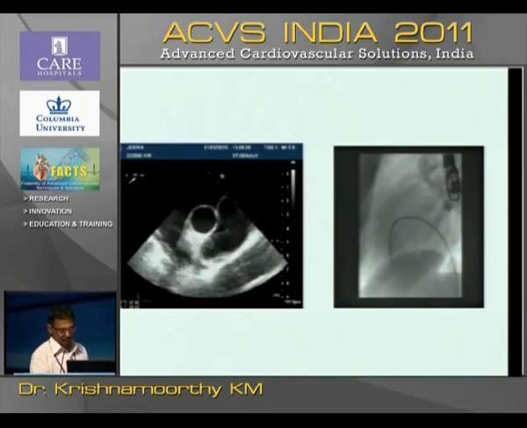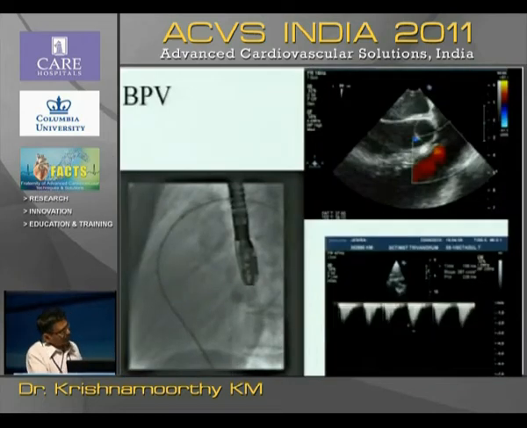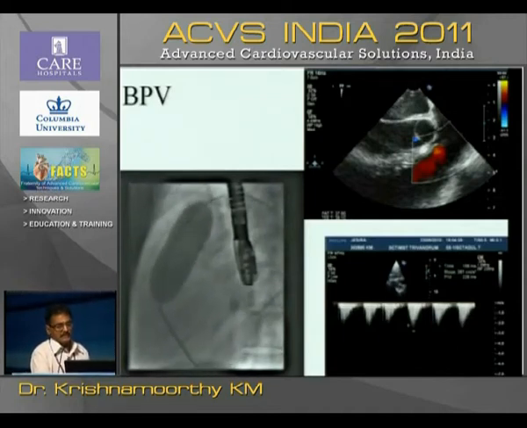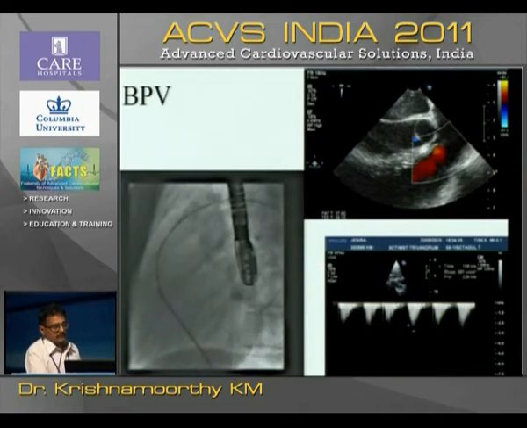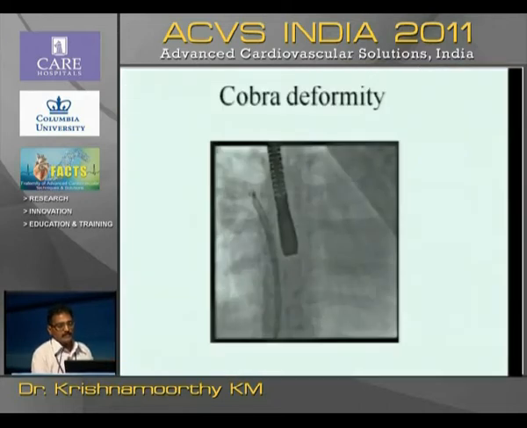The RV angio showed a similar picture, and we went ahead with a balloon pulmonary valvuloplasty. Annulus measured 16. A 20 millimeter Tyshak balloon was used. It can be seen that the flow across the pulmonary valve was laminar and the velocity reduced to 2. Next we closed the atrial septal defect with a 20 millimeter device,